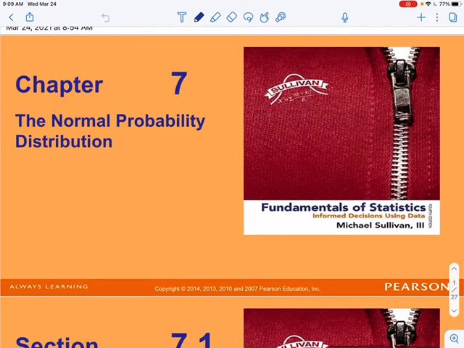Okay, so this video is going to cover the first two objectives of the first section of chapter 7. I'm going to split this section into two separate videos. Objectives 1 and 2 will be in the first video, and objectives 3 and 4 will be in the second video. The only reason I'm doing that is because when you go to do the problems, you might need to